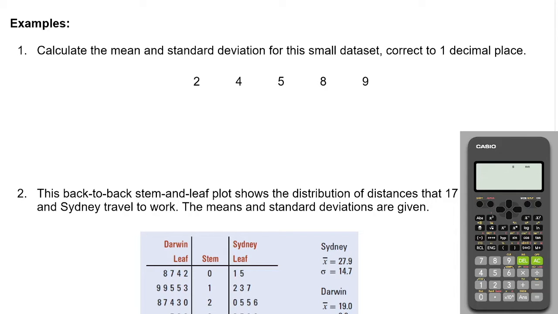Our first example here is: calculate the mean and standard deviation for this small data set, correct to 1 decimal place. Now, remembering that the mean is the sum, so that's the uppercase sigma of the scores over the number of scores. So for this one we'll have 2 plus 4 plus 5 plus 8 plus 9 all over 5, and if we actually put that into our calculator,